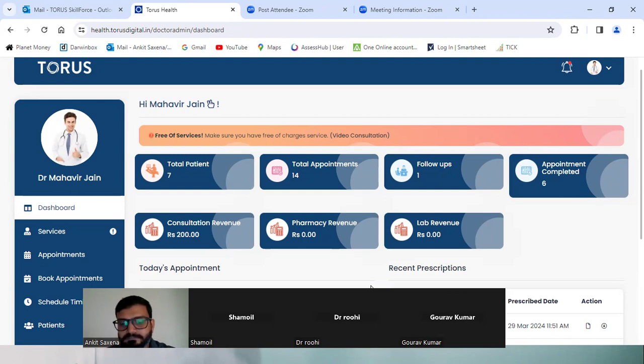I had a query. You have mentioned over here the total number of patients. Is this the total number of patients in a single day, or the past days also? So Dr. Gaurav, these are the total number of patients you have visited, not during the day. Total number of patients means all those patients that you have visited till date. It's the total footfall. Yes, it's the total number of patients you have visited till date. Okay, thank you. So the same goes with total appointments, Dr. Gaurav. Same goes with the total number of appointments. Shall we move ahead, guys? Any other questions? Any other query?